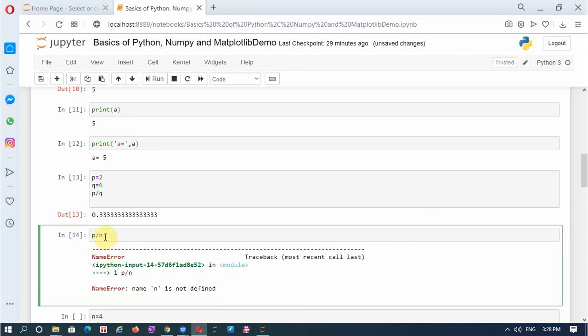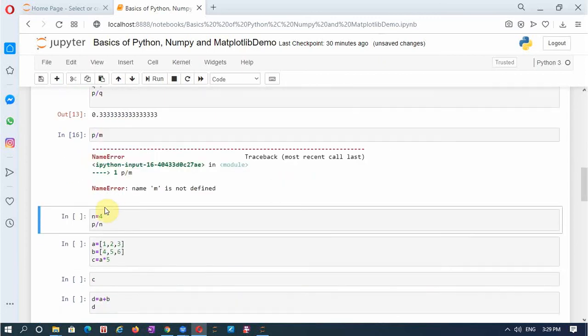So you observe here, when I run this, it will take some time, and during that time the line number will be in a star. I will change this to some m. So before it completes the execution, an asterisk will be appearing in this, and afterwards only it is converted into the line number. Now you see here that m is not defined because I have not given any variable name before this line and given any value to that m. That's why it's giving m is not defined.